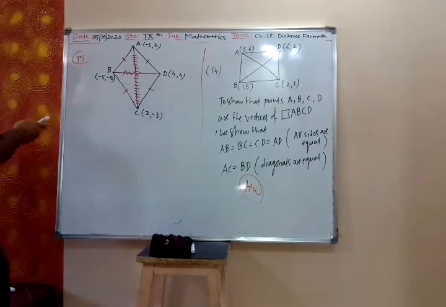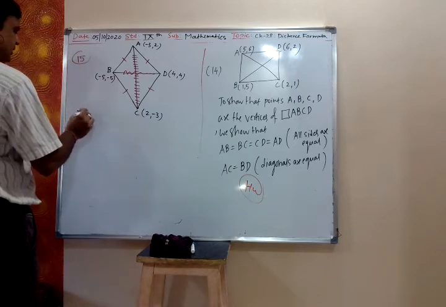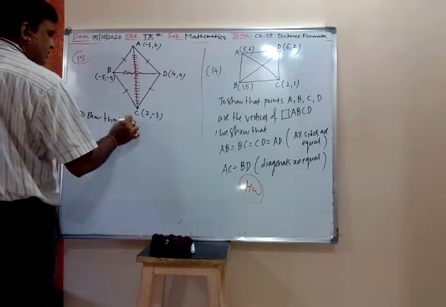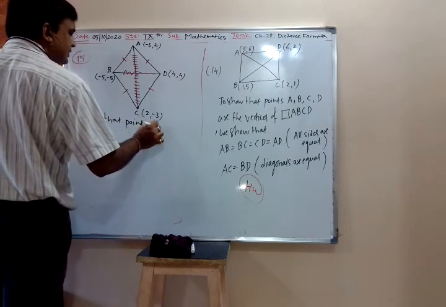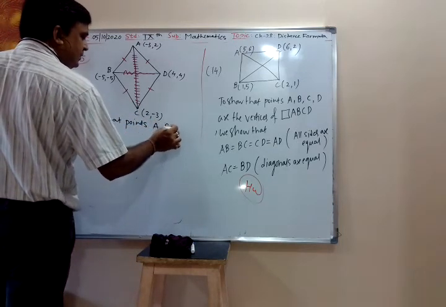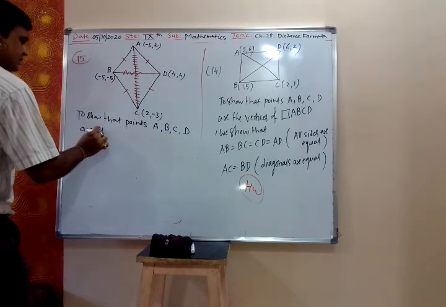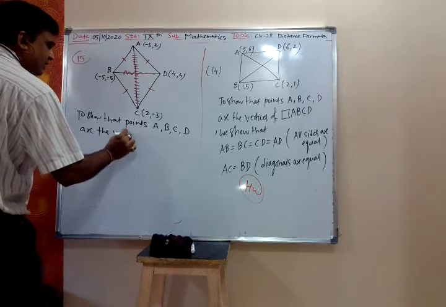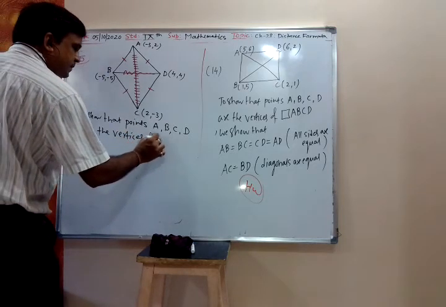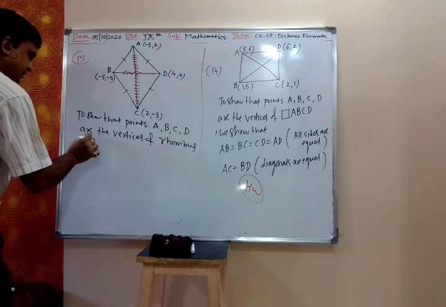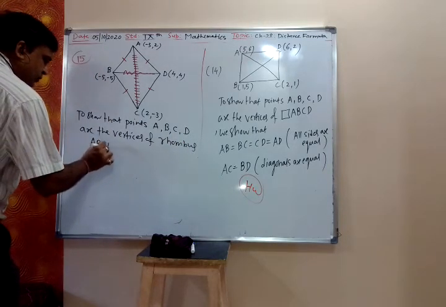So write down. Yes, I am writing. Beginning part I will write. To show that points ABCD are the vertices of rhombus, we show that